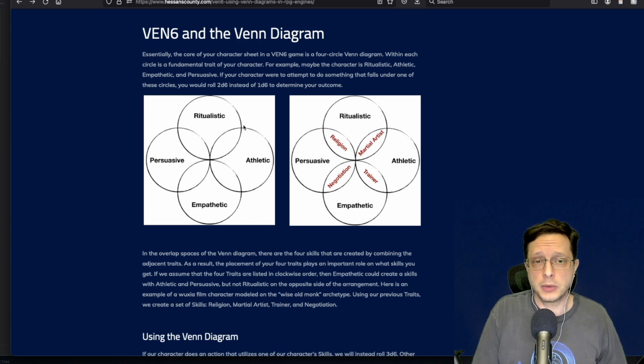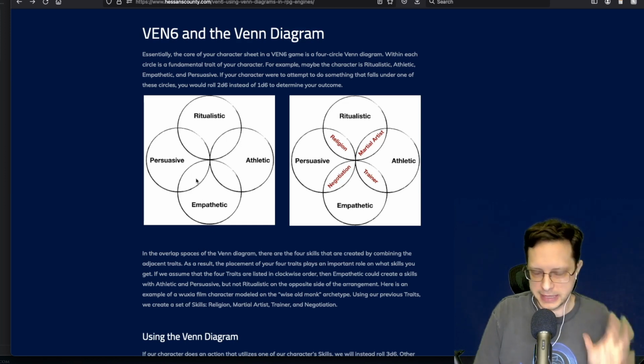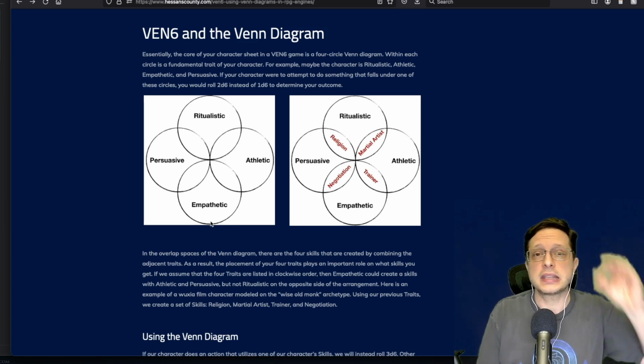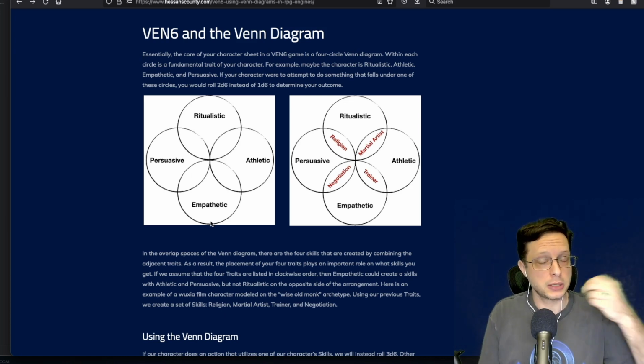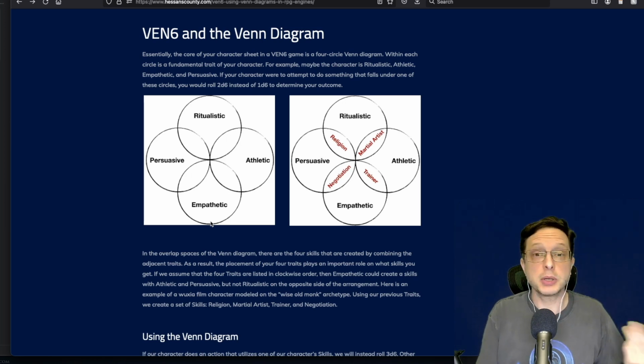Now, obviously, the location that you place these 4 traits is important, because you're not going to be creating a skill for the trait that is opposite it on the Venn diagram. You're only going to be doing it for the 2 that are immediately adjacent. So that's something to keep in mind. And even taking the same 4 traits and rearranging their order could create a notably, not significantly, but notably different